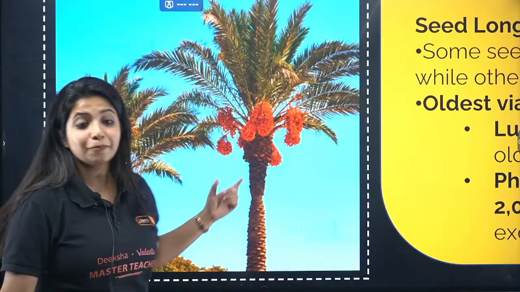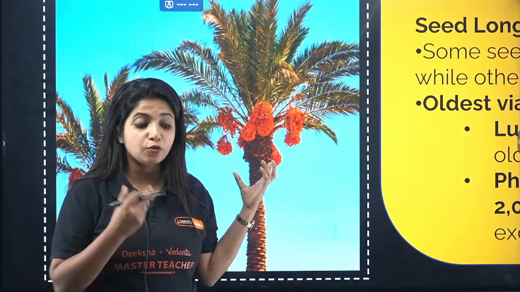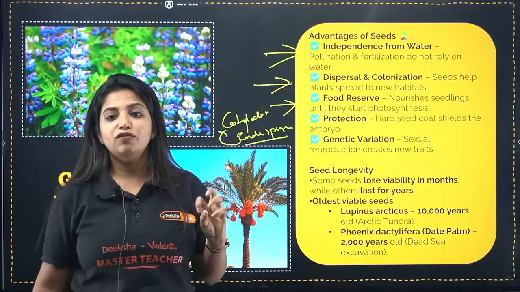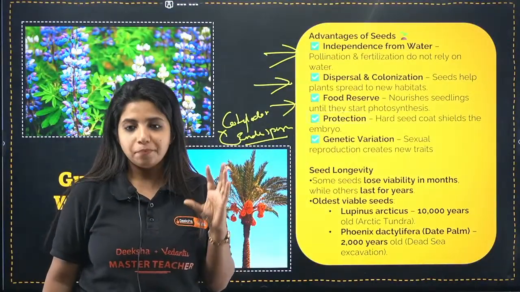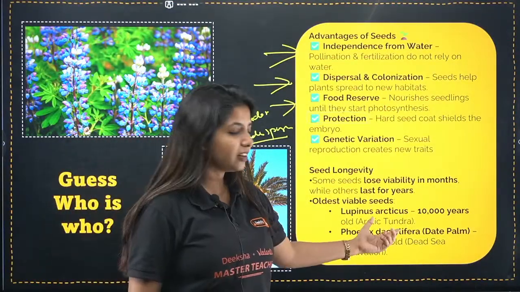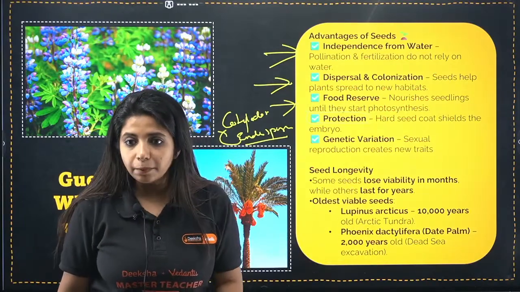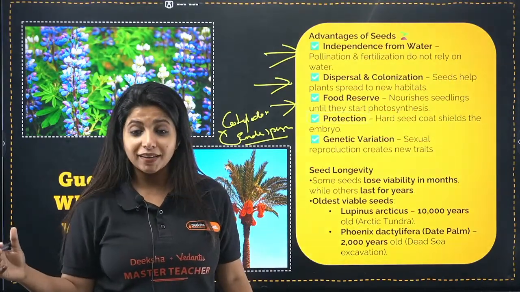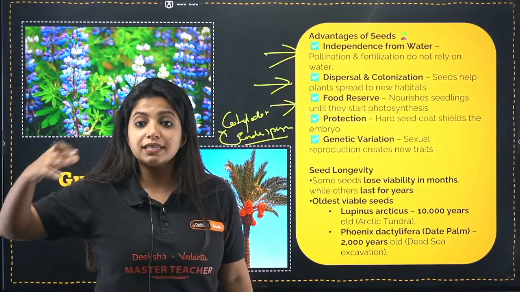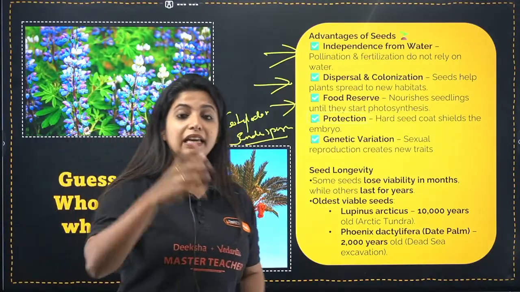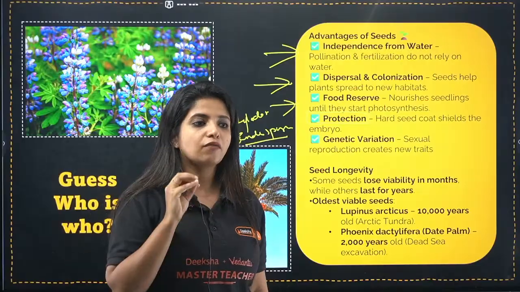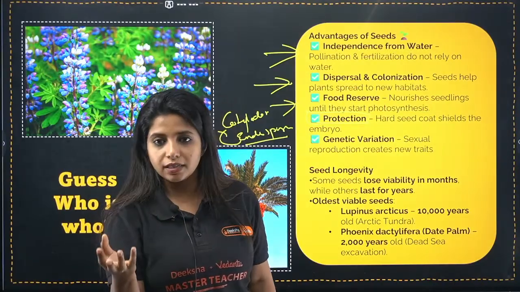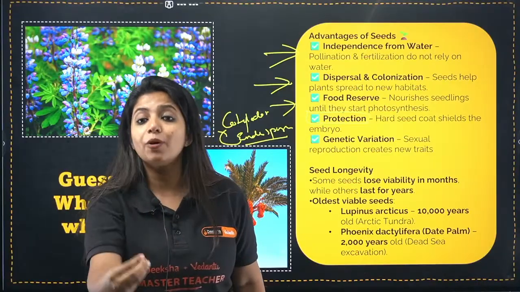So it's date palm. And you might have had dates before. Date palm is very, very important over here. Why? Because Phoenix dactylifera, or basically date palm, has seeds which can remain viable for a very long time. Suppose they are not getting enough nourishment or water to germinate. They can stay like that and later on they can germinate.